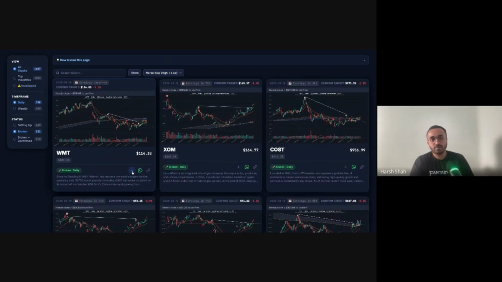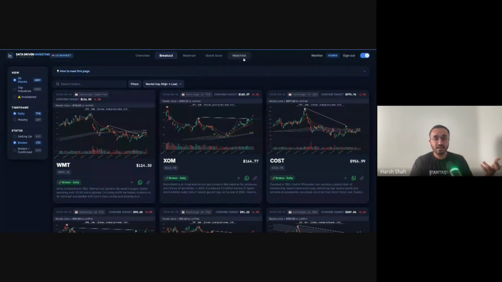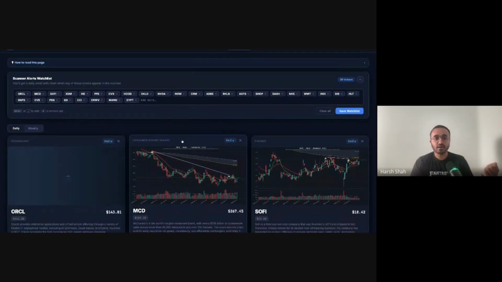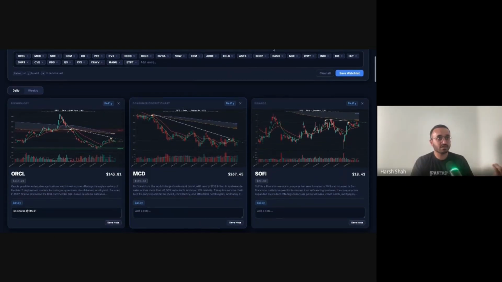Yeah, if I do a quick plus button, it directly adds to my watch list. So I don't have to scan. And what I've done with the scanner is it runs on my watch list every day and it alerts me if something is happening. So again, I'm reducing the friction of looking at the scanner every time versus getting alerted if something is going on.